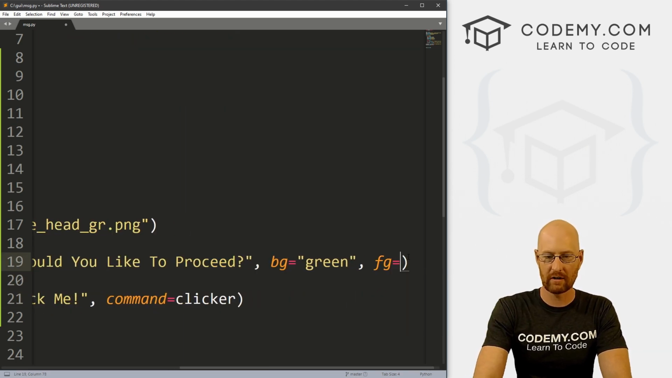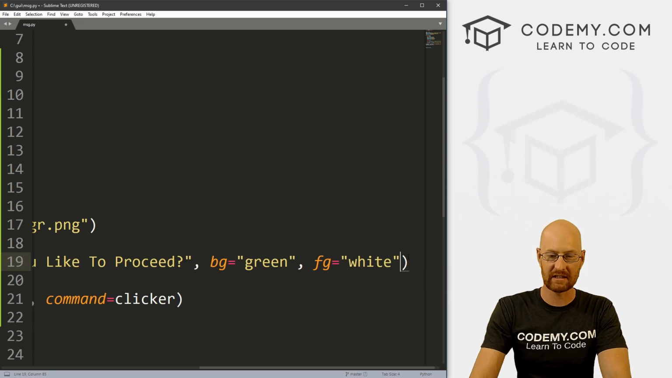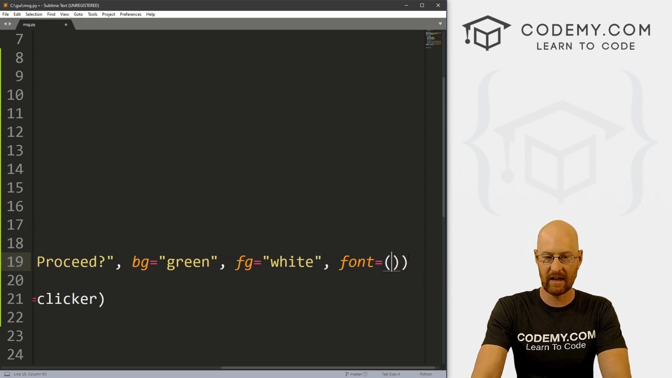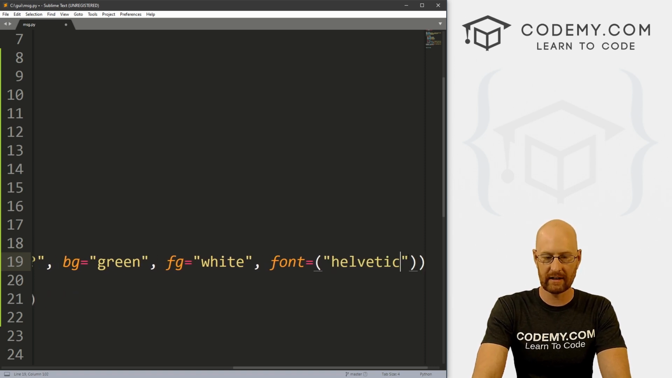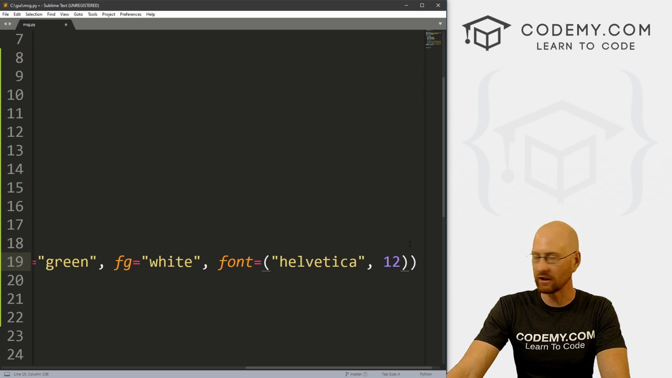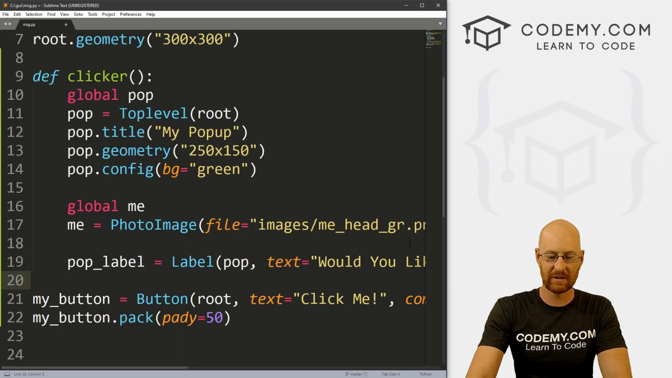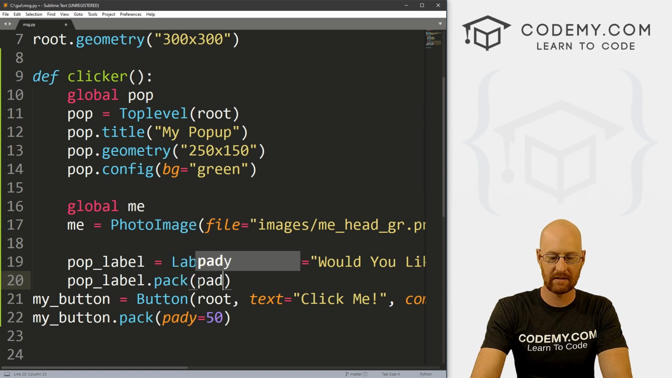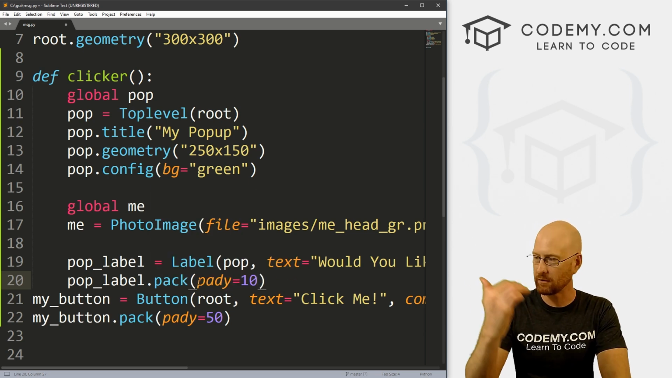We can make the foreground color white if we want the text of this thing to be white. We can give it a font equals, I don't know, let's go Helvetica. And let's make this like size 12 or so, whatever we want. And that's all there is to it. So then we can go pop_label.pack. And let's give this a pad Y of like 10, just kind of push it down screen a little